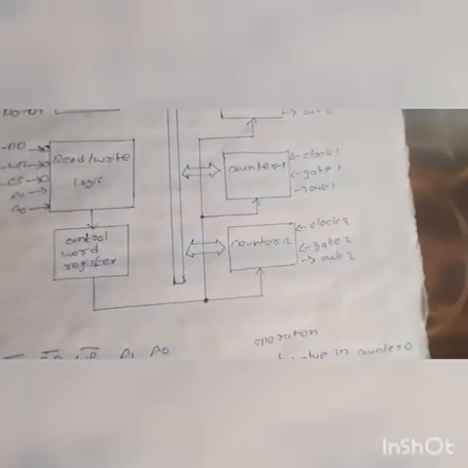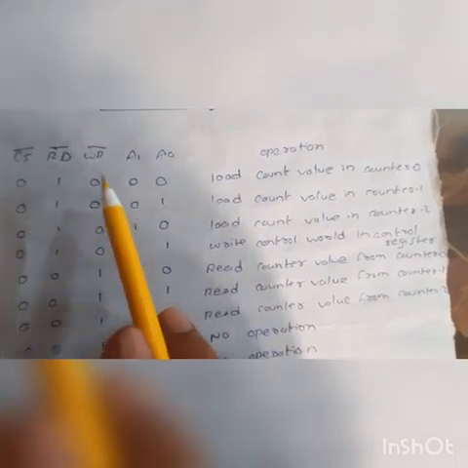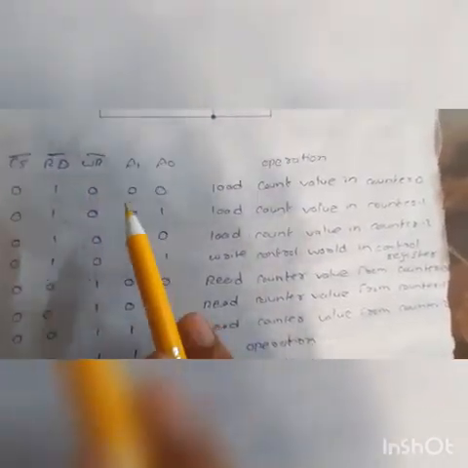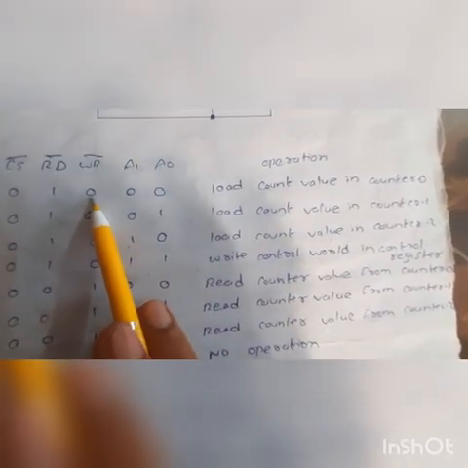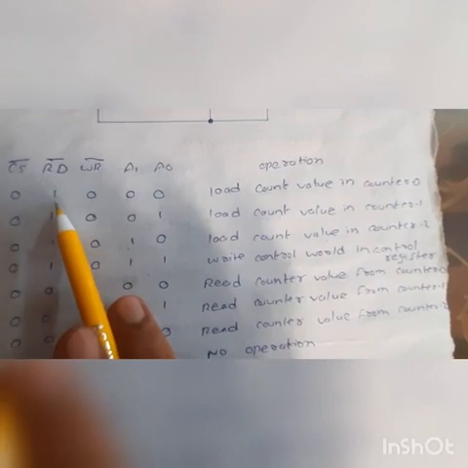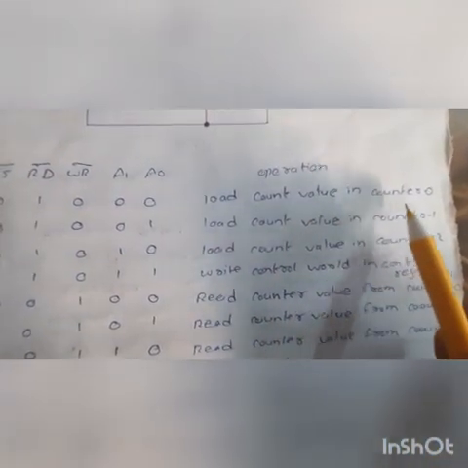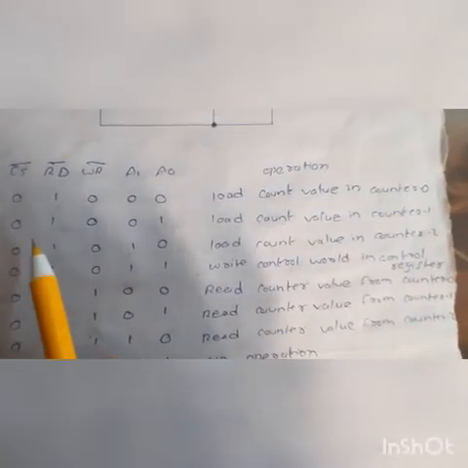And we are going to know the signals and operations of IC 8253. Here 0 means enable, 1 means disable. Here the write operation and chip select operations are enabled, and the read operation is disabled. So we are going to load the count value in counter 0, and similarly